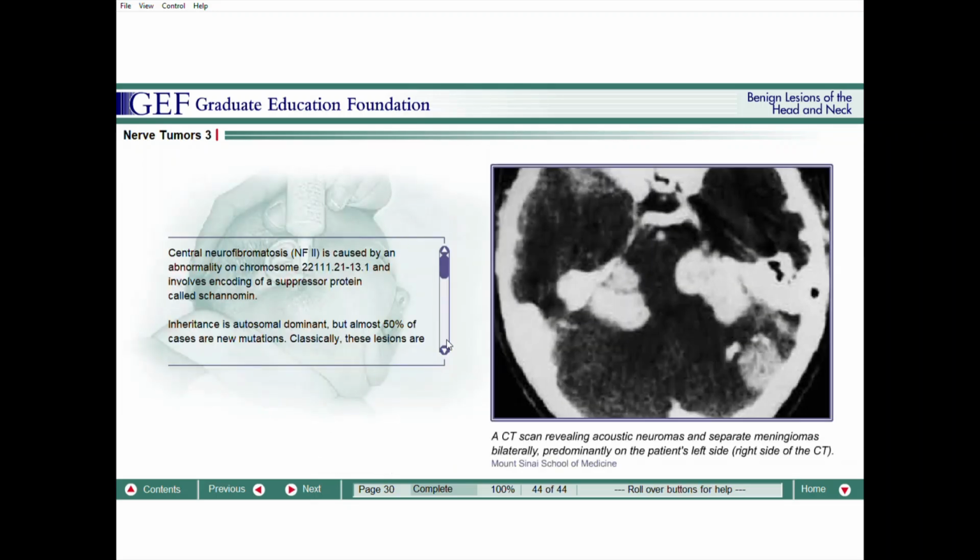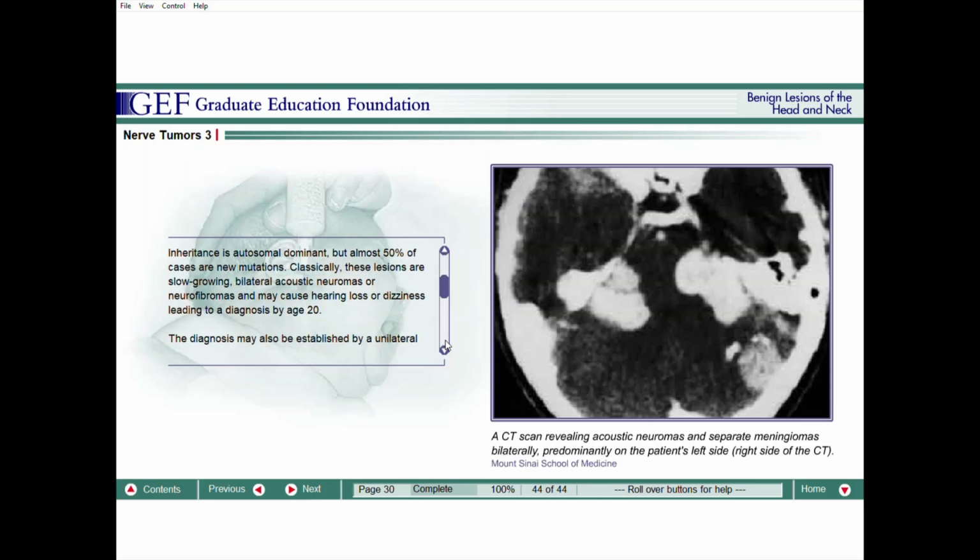Central neurofibromatosis, NF2, is caused by an abnormality on chromosome 22q11.21-13.1 and involves encoding of a suppressor protein called schwannomin. Inheritance is autosomal dominant, but almost 50% of cases are new mutations. Classically, these lesions are slow-growing bilateral acoustic neuromas or neurofibromas and may cause hearing loss or dizziness, leading to a